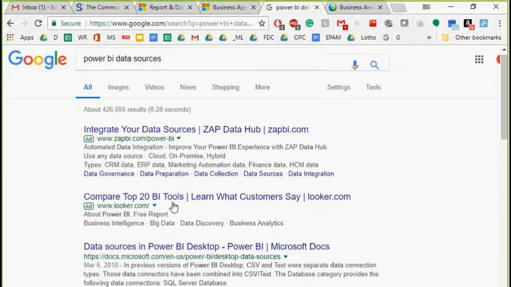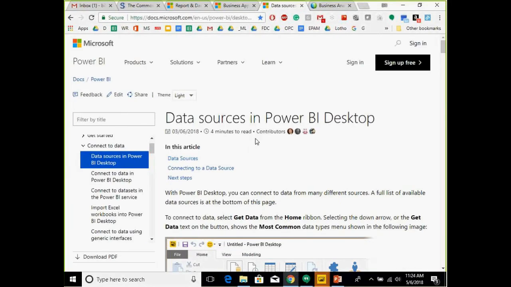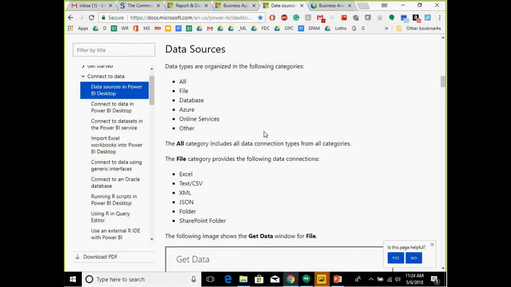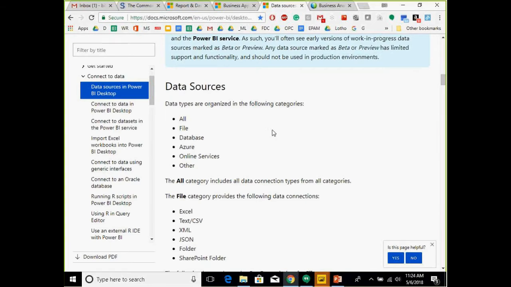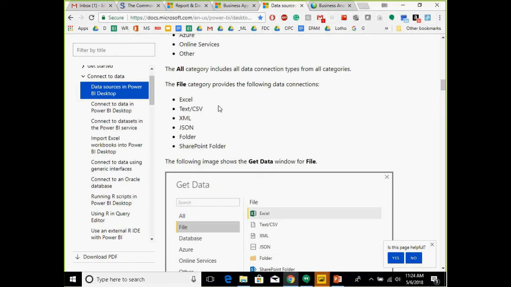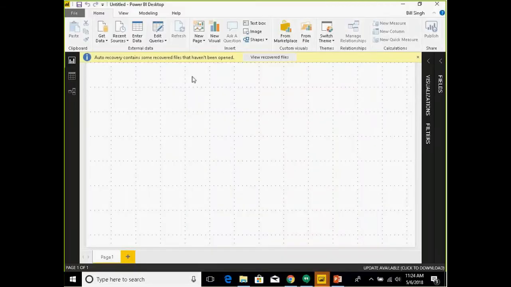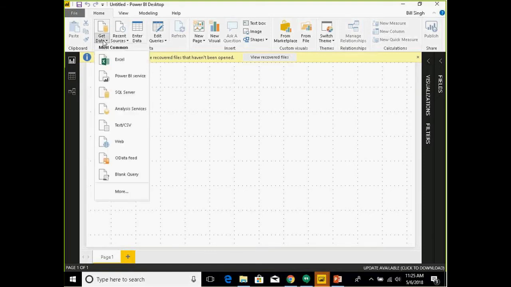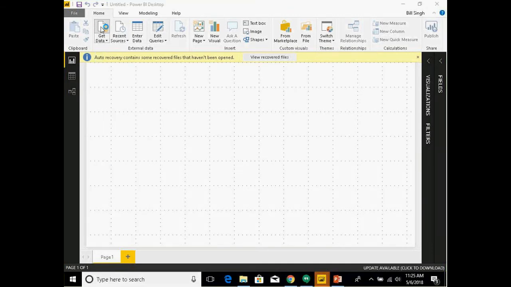Somebody had a question about what kind of data sources you can bring in using Power BI. Microsoft has hundreds of them, but they divide them into categories: files, Azure, online services and others. When we go to Power BI Desktop and click Get Data, it has an upper part and a lower part. The lower part shows just the mainly used input data sources. But if you click on the upper part,